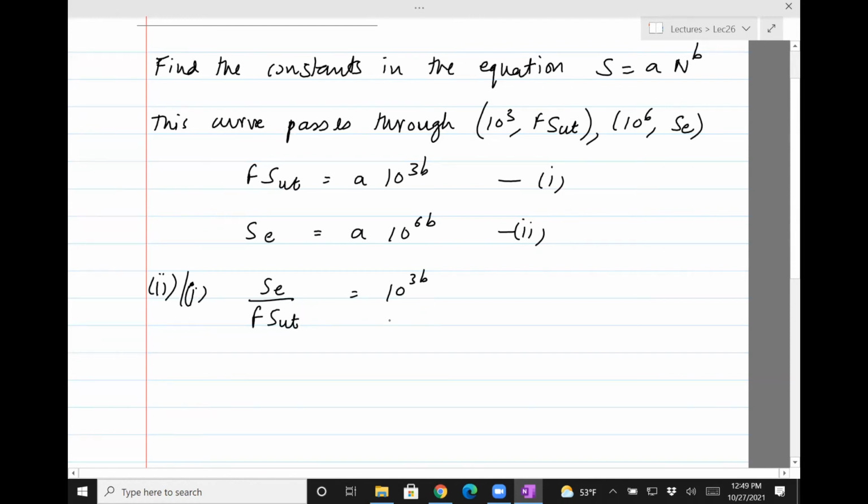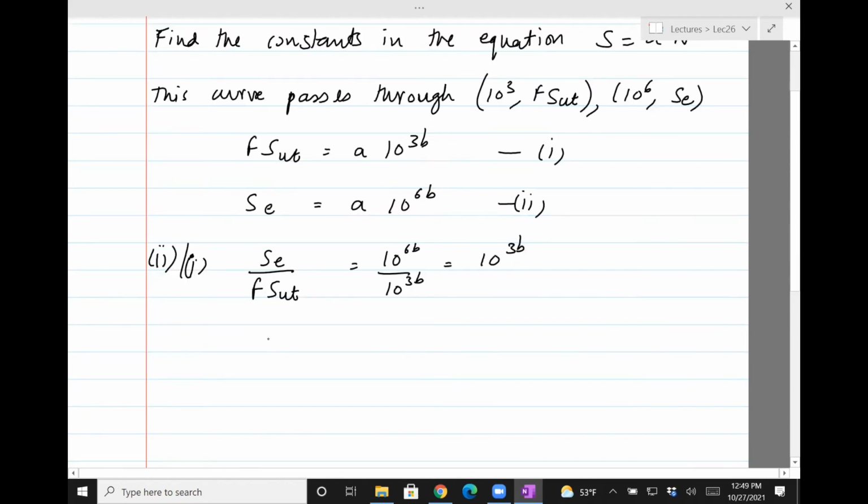So we'll have 10 raised to 6b, 10 raised to 3b equals 10 raised to 3b. So now if I want to find b, I need to take the log of both sides. And so b is 1/3 log